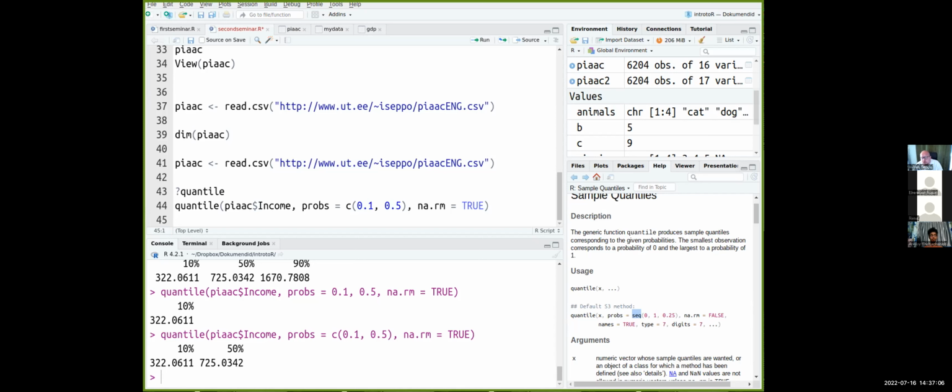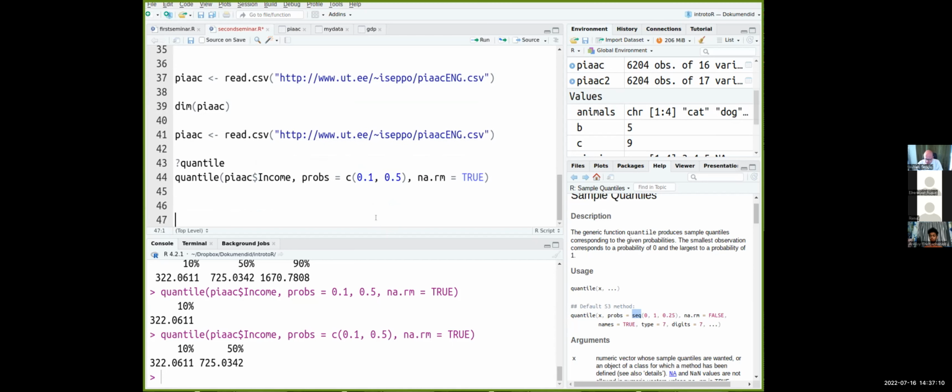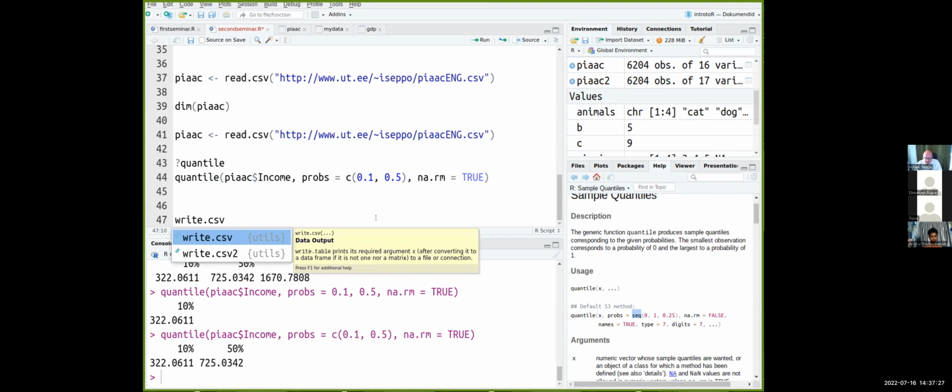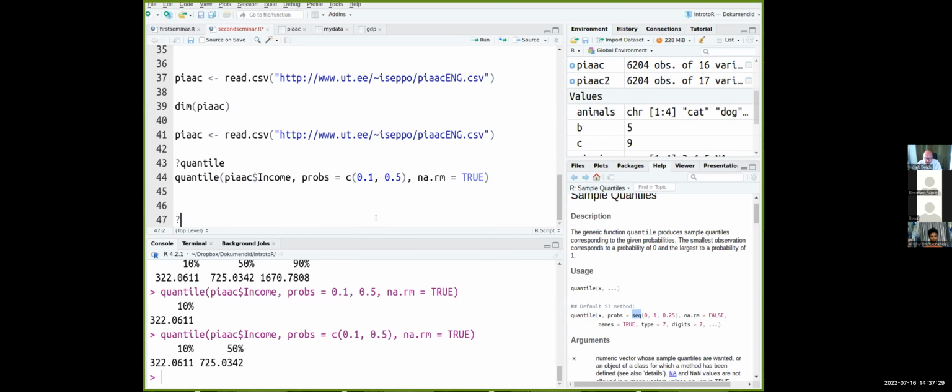When you want to communicate it back to somebody, you want to save this file with your new variables, for example, as a CSV file, comma separated values file. To do it, as I showed you, there is the write.csv command. If you look at the help file,